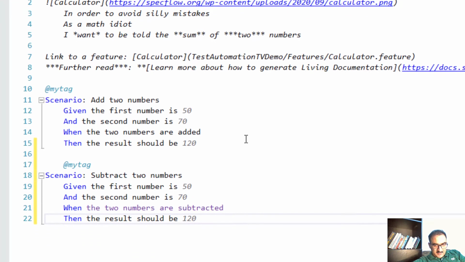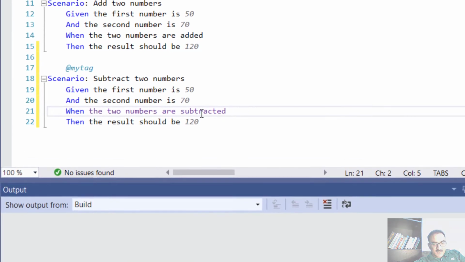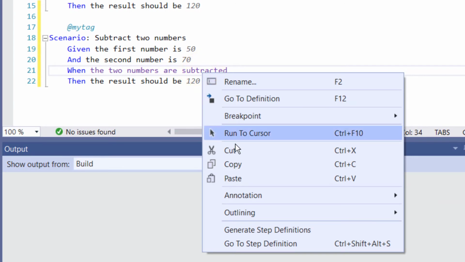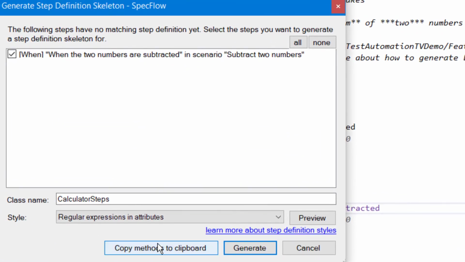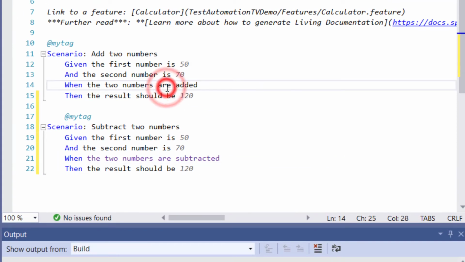All right, now it is saying that this step is not found, so I'm going to simply click generate step definition, copy methods to clipboard,